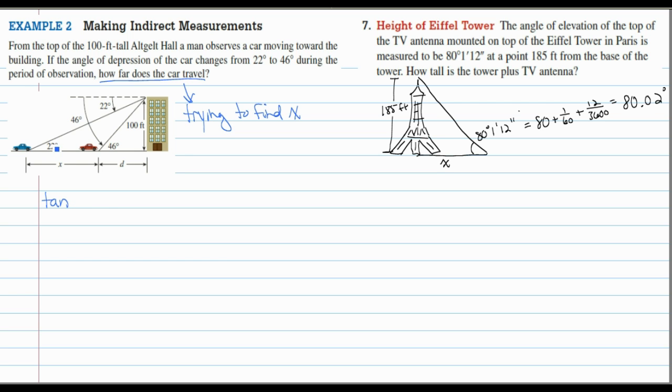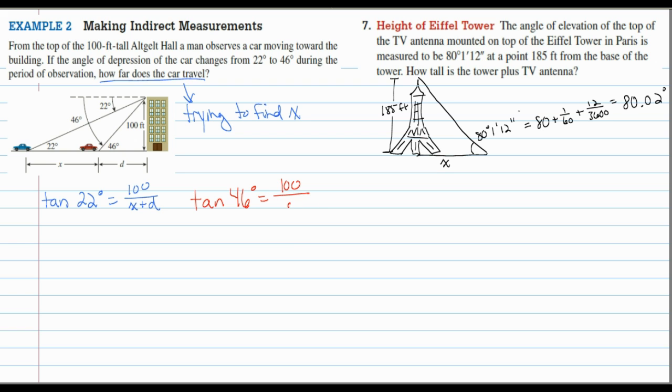The tangent of 22 degrees is the opposite 100 over the adjacent. Now the adjacent side is both of these sectioned pieces here, this whole bottom adjacent side, so it's going to be x plus d. Now the second triangle, the red one, is associated with the red car: the tangent of 46 degrees equals, opposite side is still 100,